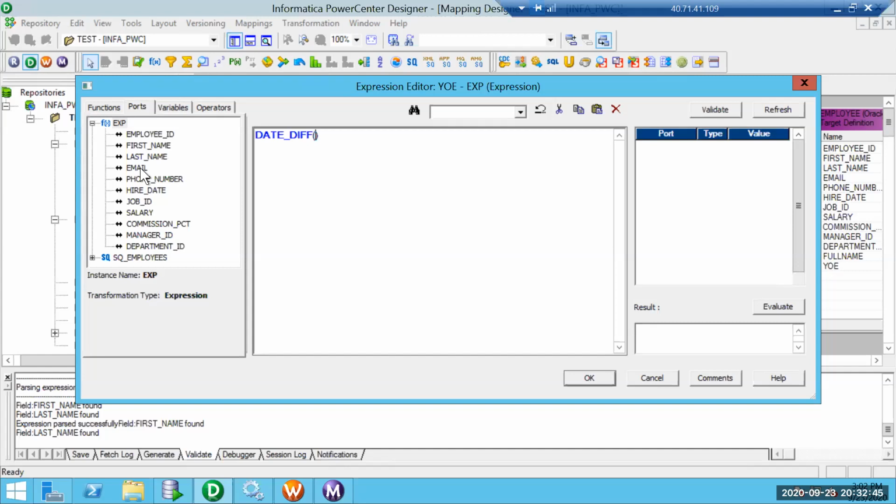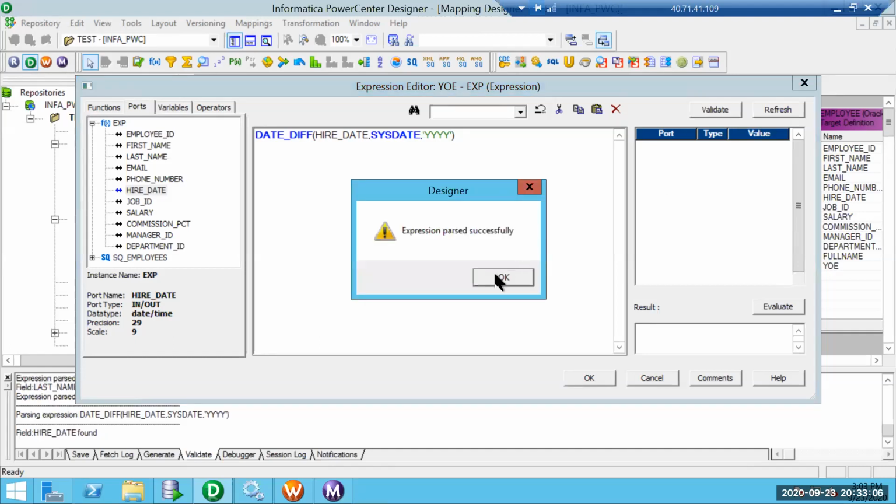We have something called hire date. I'll add hire date, and then we want to compare with sysdate. And then the format is y. Let's see how this one works.